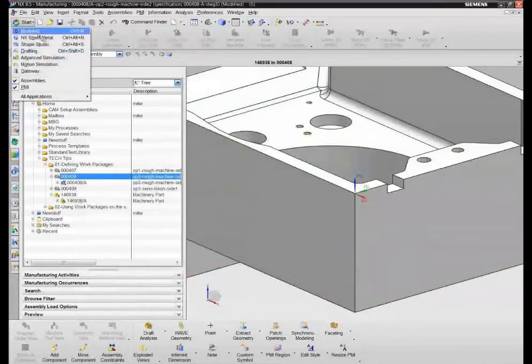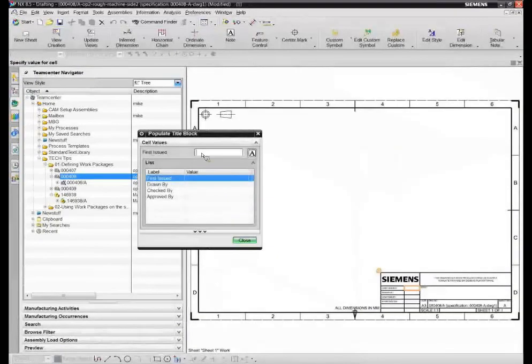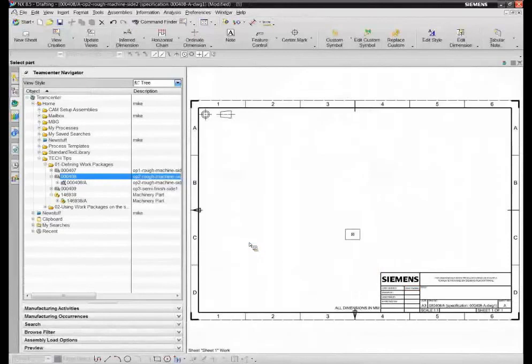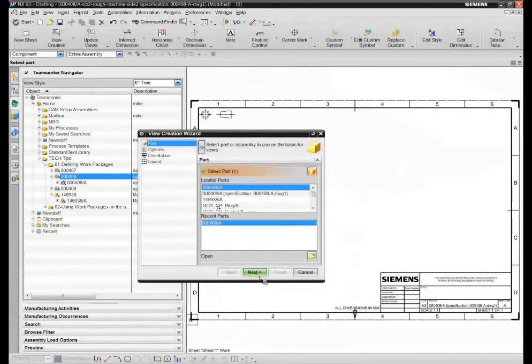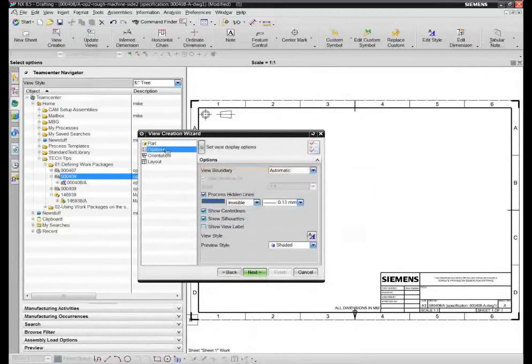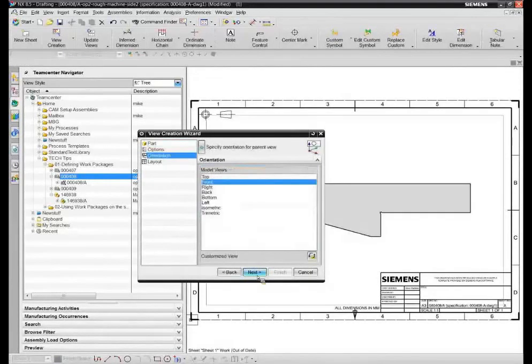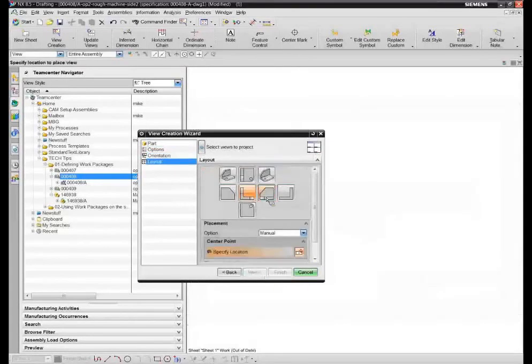Drafting. Here's the template. We could populate some information about this. We could say that it was first issued by myself, which populates this. We can pick a specific view. Take this. And we can create draftings, and those drawings will actually get managed and stored in the database against the NC